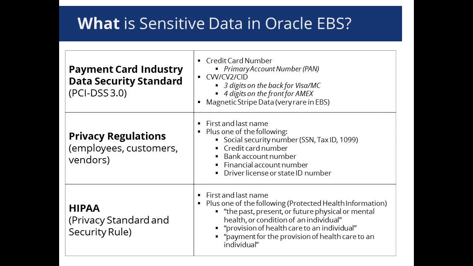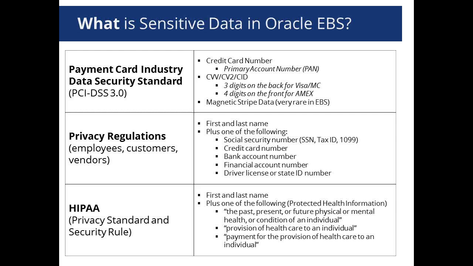And then finally, when we start talking about HIPAA, protected health information is a lot of different things. It's anything that is past, present, or future about a medical health condition, or provision of healthcare. So if you're providing any sort of healthcare to someone, HIPAA is a little bit broader. If you are providing some sort of healthcare services, products, etc., that becomes a lot more complicated in eBusiness